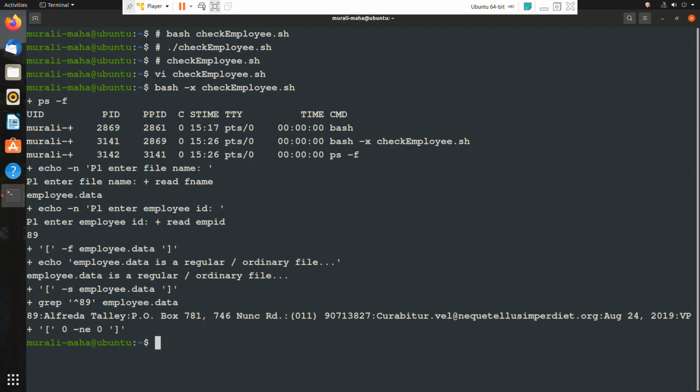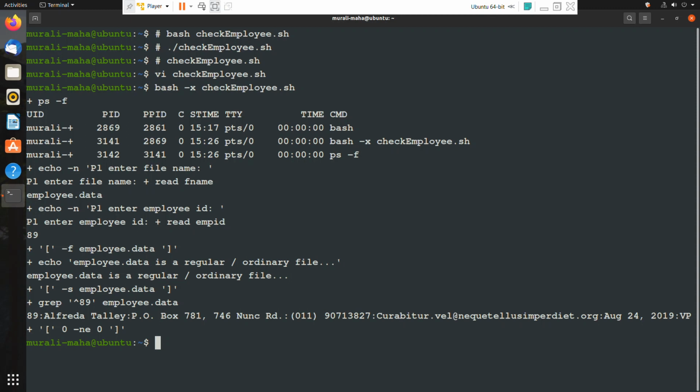Then test -s is checking whether the file employee.data is a not null file. At each and every step, whatever command we are executing is shown over there.